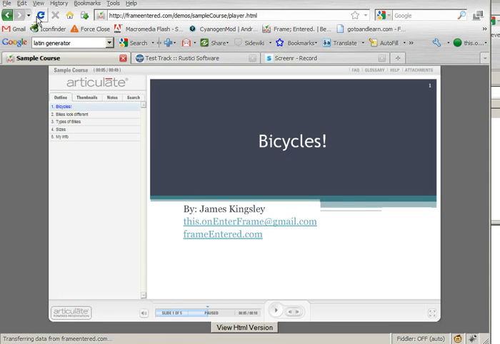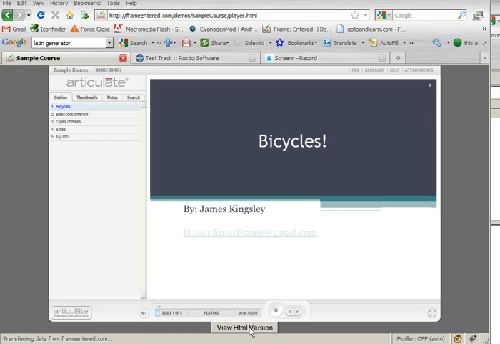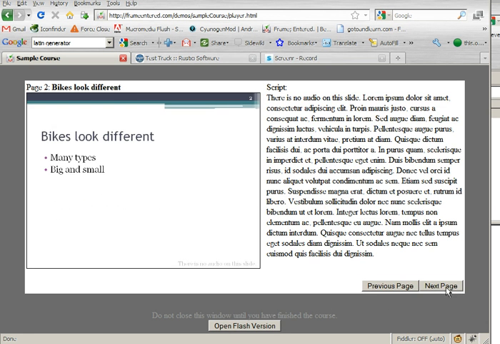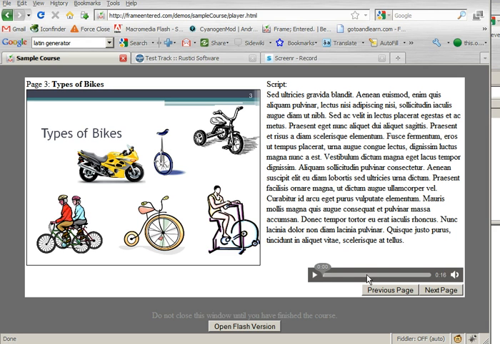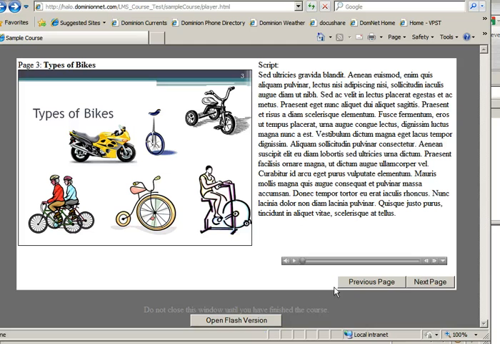So now that that's on the server, I'm going to hit refresh, and we have our HTML button. I click that, and I have this little player now in my page. On every page that has audio, there's a player. Now this is using HTML5, and so you might be worried, oh no, what if they don't have HTML5? Internet Explorer does not have it, and it just puts in a little bar. And this will report back to the